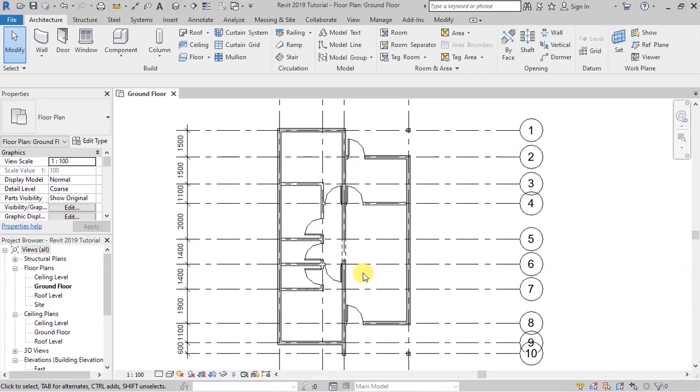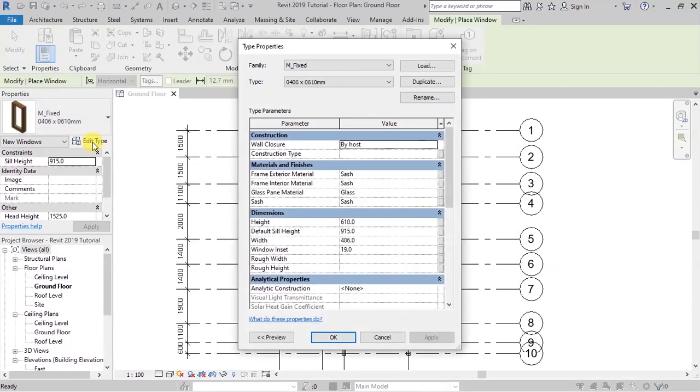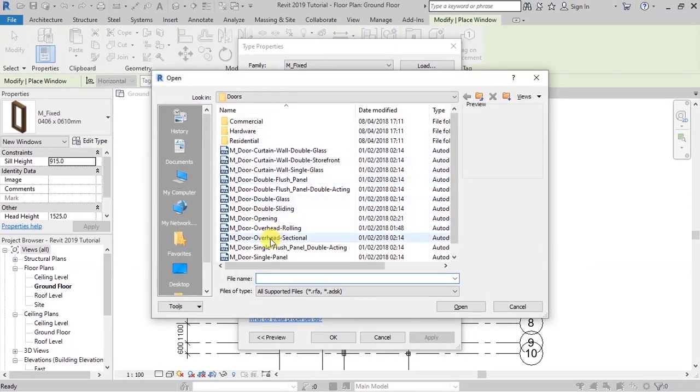So the next step will be to put in place the windows. And these are also accessible under the Architecture tab. So under the Architecture tab, here I'll click on window. Then we have the M fixed window appearing here. If you click on edit type, you have options for loading families, and I want to go back to